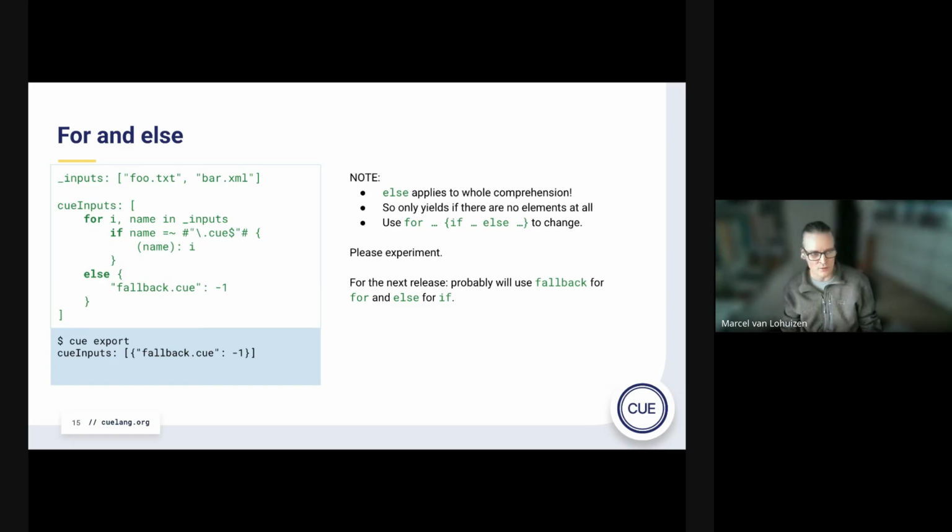Python has for else, where it's a little bit different. However, this does limit the extension into if else later. So even though this is checked in before we have a final release, we will change the else for to a different keyword like fallback, because down the line the semantics will be slightly different for else and fallback. It just keeps the options open and will be clearer.